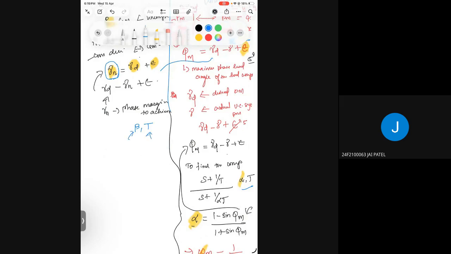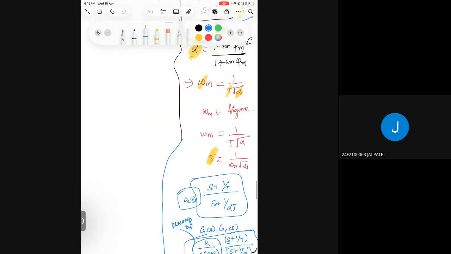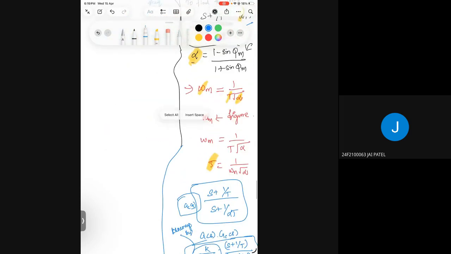How we are going to find it is by the intermediate steps. The next intermediate step is to find your omega GCN, that is your gain crossover frequency. In lead compensator, this is not mandatory, but in lag compensator, you are supposed to find it. Here we found the omega m, whereas the omega m is called